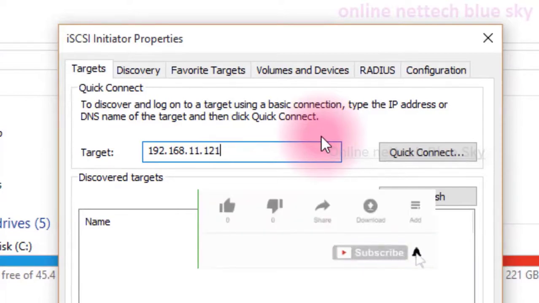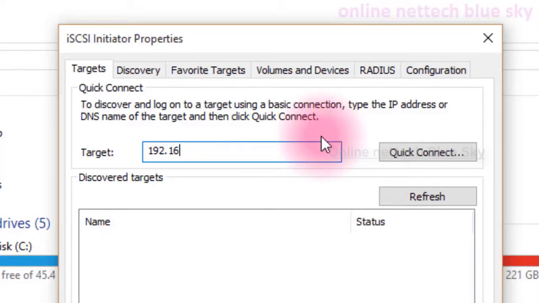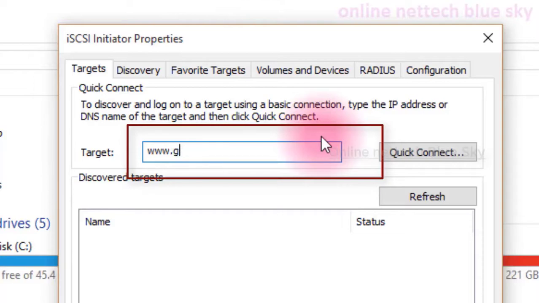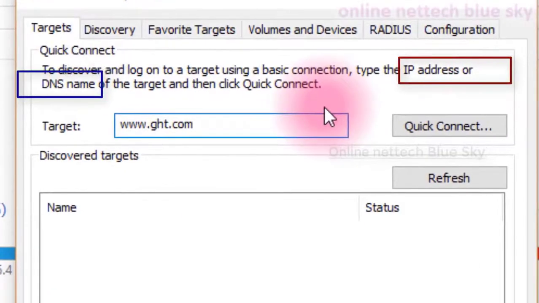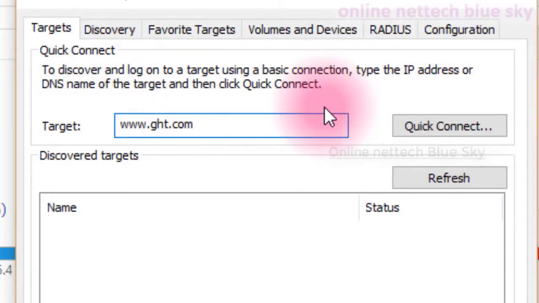So first I want to check my iSCSI target systems here. These use two types of systems here. First you target your IP address or your DNS name, meaning your computer domain name server. So what is a domain name server? A domain name server is one type of DNS system with your server. So without a server you cannot use these iSCSI features here. This technology is first configured on your server computer.